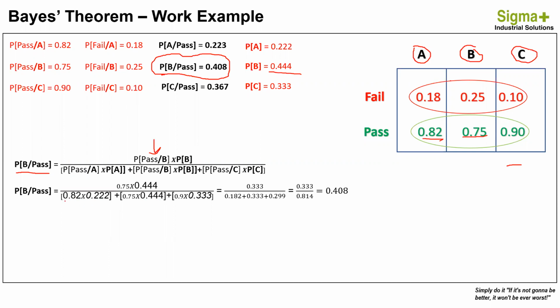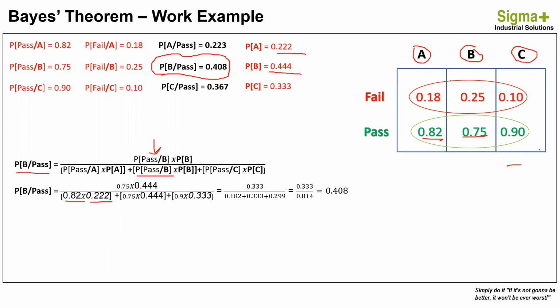And multiplied with the probability of A, which we calculated at the beginning, and it was 0.222 or 22.2%,